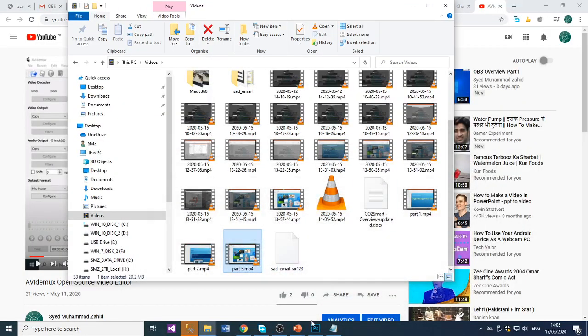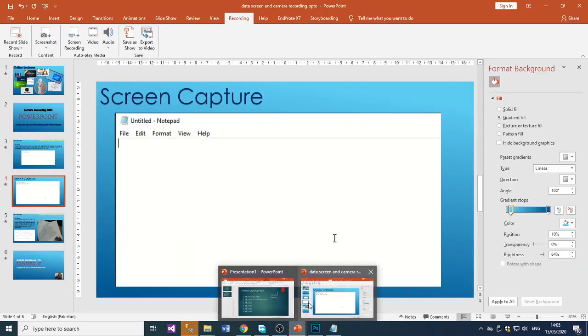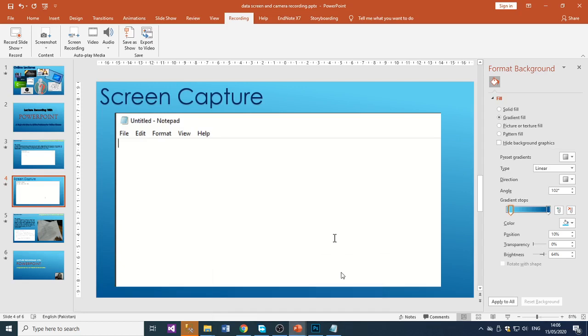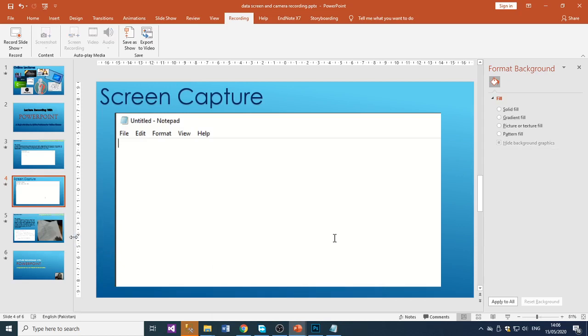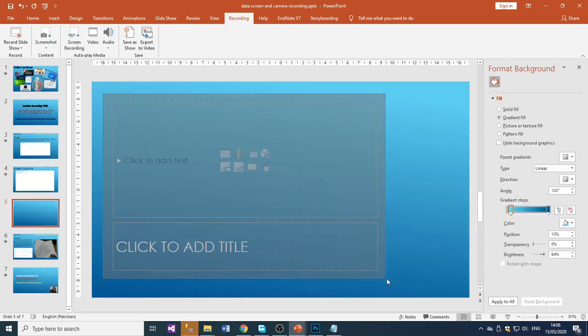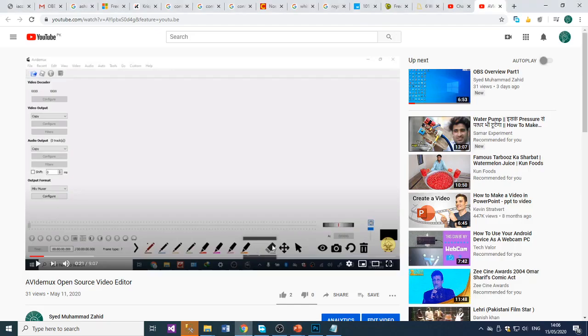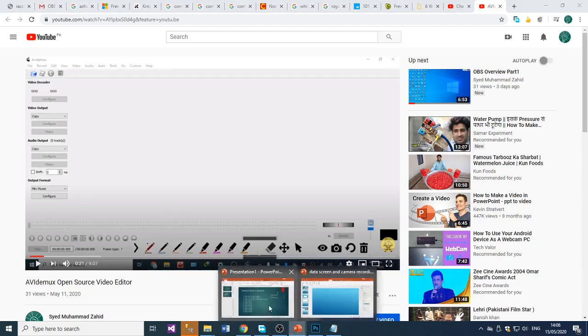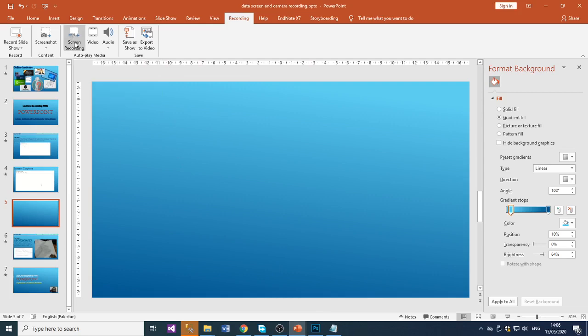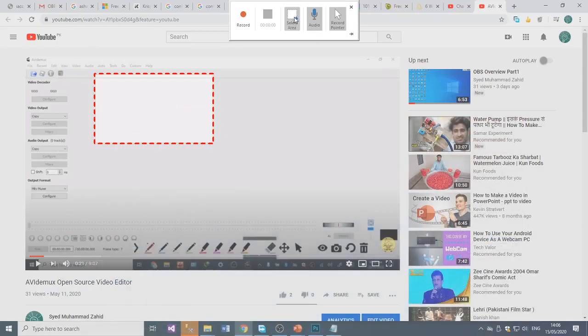There is a query regarding displaying YouTube content during the lecture and making it part of the slide. You can always add the required video in the lecture, provided there are no copyright issues. But all you have to do is to set the browser screen to that video you want to display, go to the PowerPoint window and start a screen recording, and you have to select the area you want to display